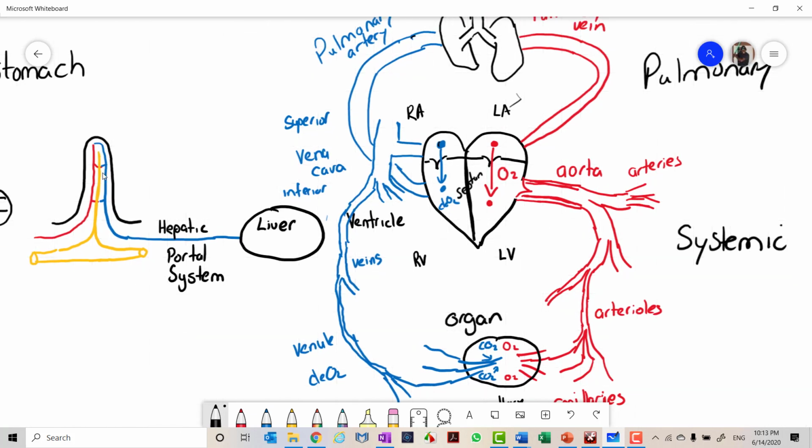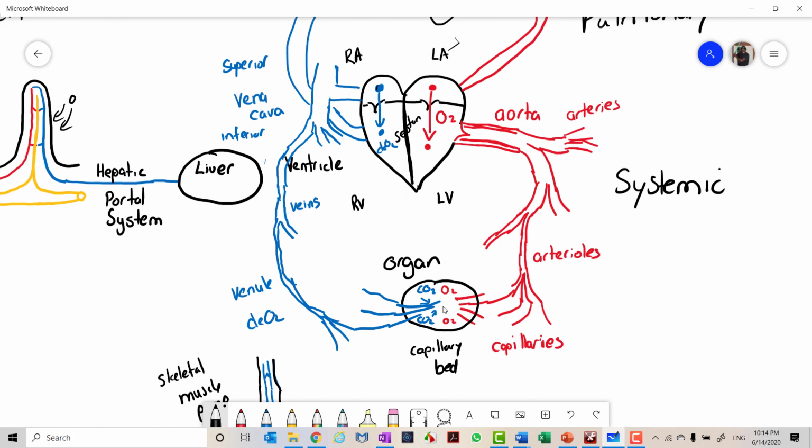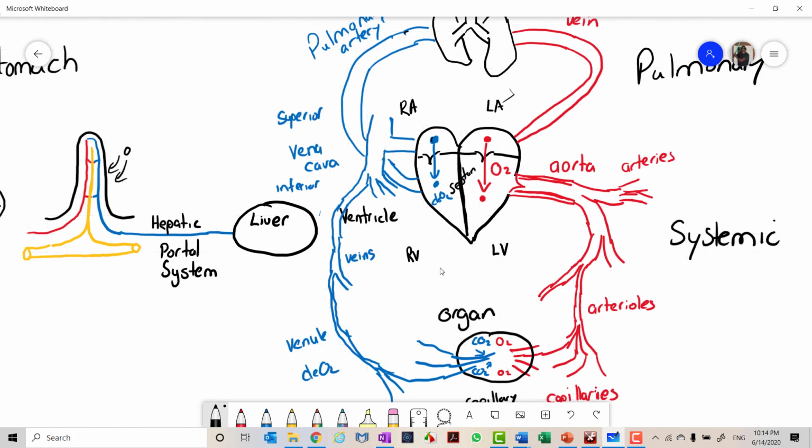So as you recall, I was talking about how the food was absorbed by the villi, and it was absorbed into the blood vessels. And then that went to the hepatic portal system, which went to the liver. The liver is an organ, just like we have down here. So that means there's going to be a hepatic vein that's going to leave the liver, and the food rich or nutrient rich blood is now going to enter the circulation,